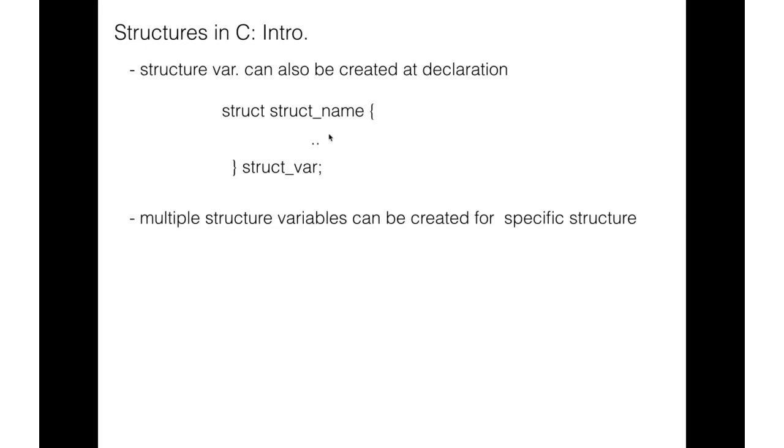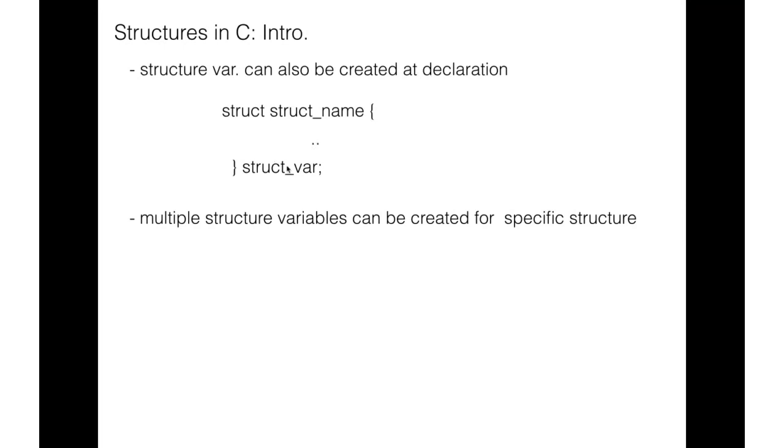Structure variable can also be created when it is declared. This is how you create a structure variable at the time of declaration. Also, you can create multiple structure variables for a particular structure.